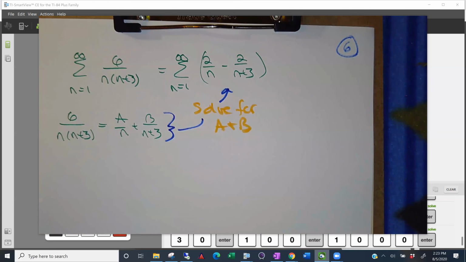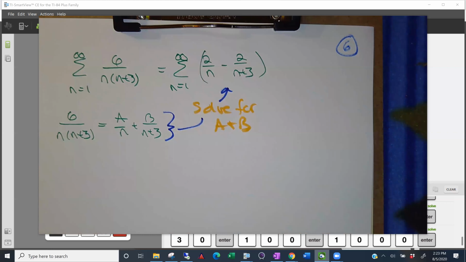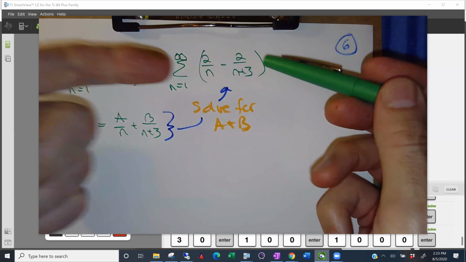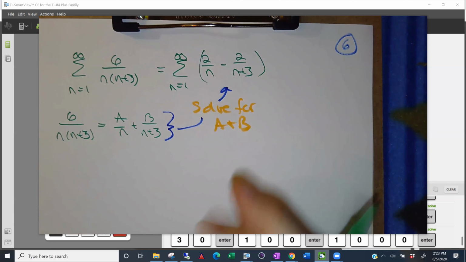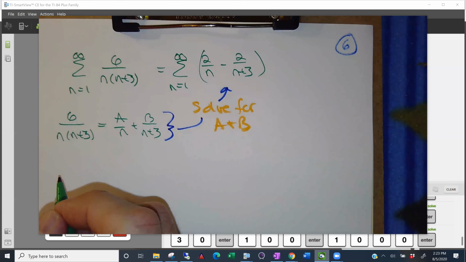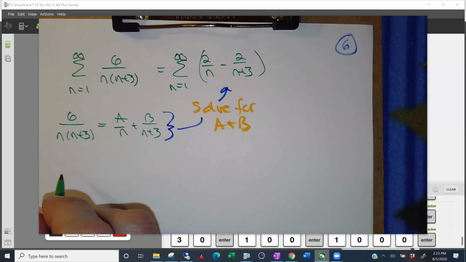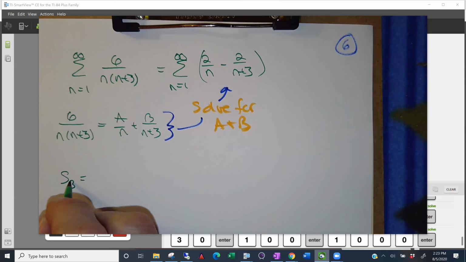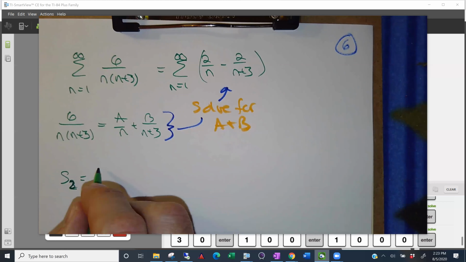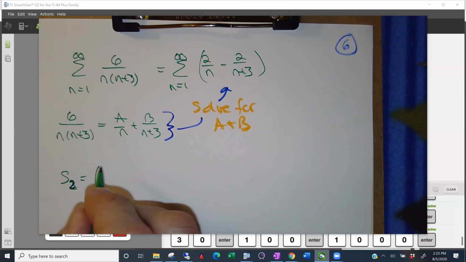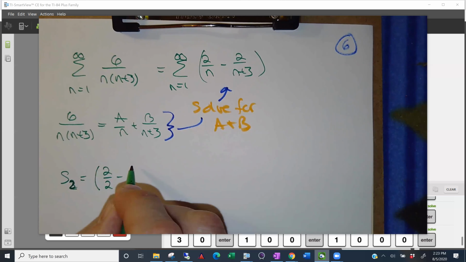All right, let's take a look at things here. So to look at things there, we're going to do the same thing we did with the previous example, which is look at the sequence of partial sums. And let me maybe jump up a little bit. We'll start with S sub 2 and then maybe do S sub 3. So S sub 2 is going to be the sum of the first two terms. So that'd be 2 over 2 minus 2 over 5